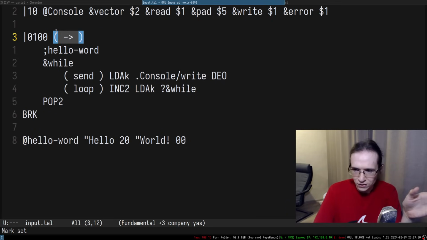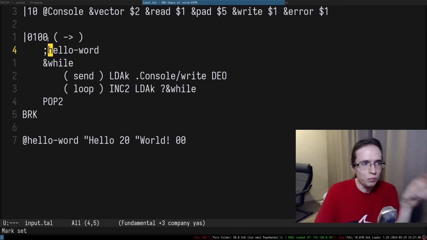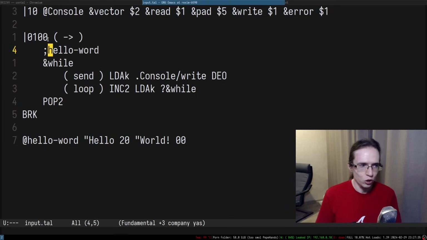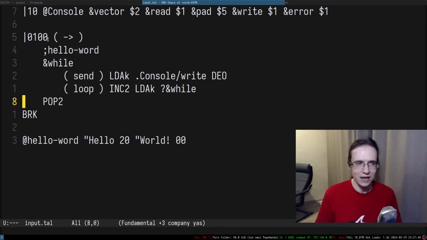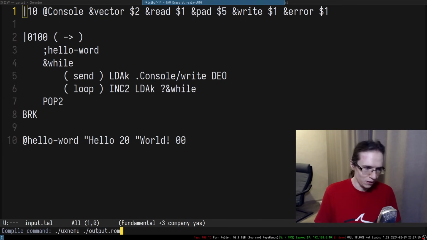This is some sort of a comment, right? It's sort of a convention. We're pushing the pointer to hello world data in here, right? And then we're iterating, doing some mumbo jumbo. I still do not fully understand that. The result of this mumbo jumbo is probably two things on the stack. So we're just popping them from the stack, and then we're breaking, effectively terminating the execution of the program. I suppose that's basically what is going on.